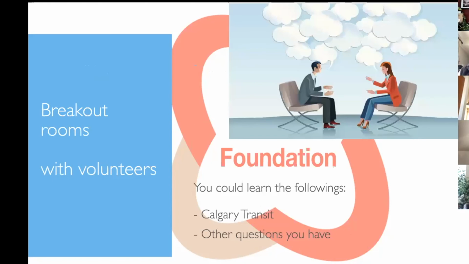All right. So next, what we're going to be doing is going into the breakout rooms with the volunteers to learn about the Calgary Transit app and just to have an opportunity for you to ask any other questions that you have. So I'm going to stop sharing right now and we're going to figure out how to get